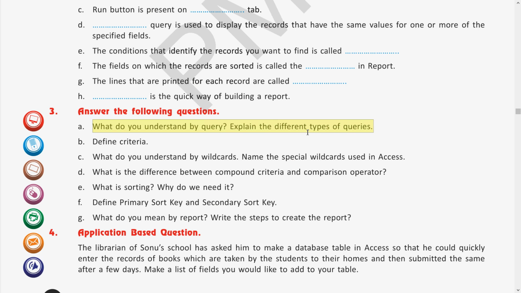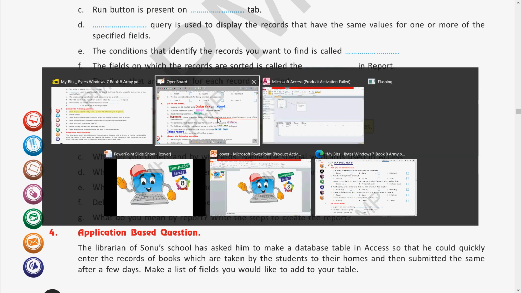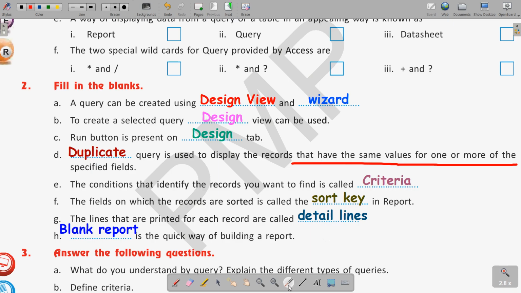What is a query and what are the different types of query. Before that, I hope we have not paused the video for filling the blanks. You can first pause the video once, so that you can write the filling the blanks questions together. Here all of the filling the blanks questions are on a single screen. You can pause for a moment and complete them. So I hope you have written it now.